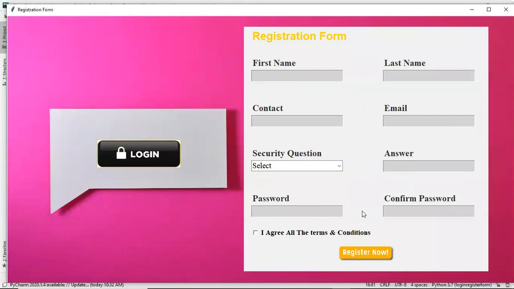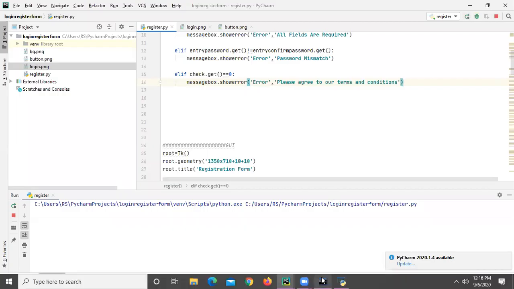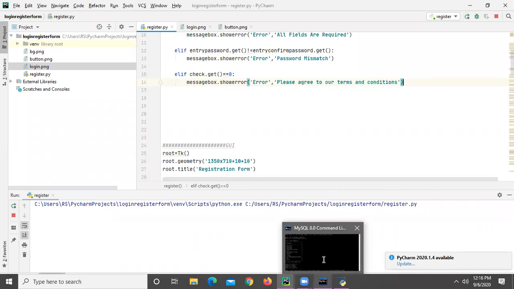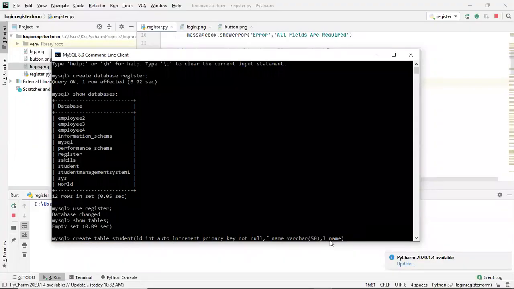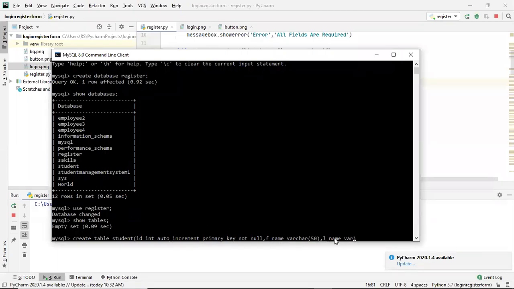So we have to create total 1, 2, 3, 4, 5, 6, 7 columns, and actually it will be 8 columns because we are also adding id there. So we have to create 8 columns. First is id, then first name, then last name. For last name varchar, I am also giving it a value of 50.